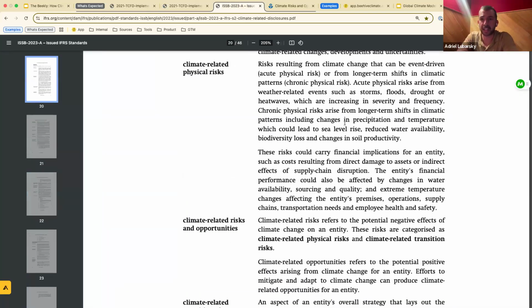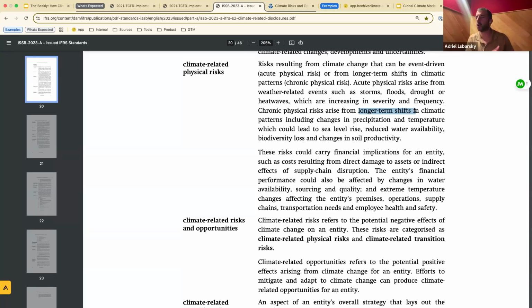This is from the IFRS, which is sort of what the TCFD has transitioned into, where they define physical risks. They talk about acute risks, as well as what they call chronic physical risks. Acute risks come from events like storms, floods, drought. Like there's a moment, a thing is happening, a crazy wildfire is occurring, a crazy flood is happening. And then there are chronic physical risks, which are longer-term shifts in patterns. Like what happens if you get 3 inches more of rain in a region over the course of the next 20 years?